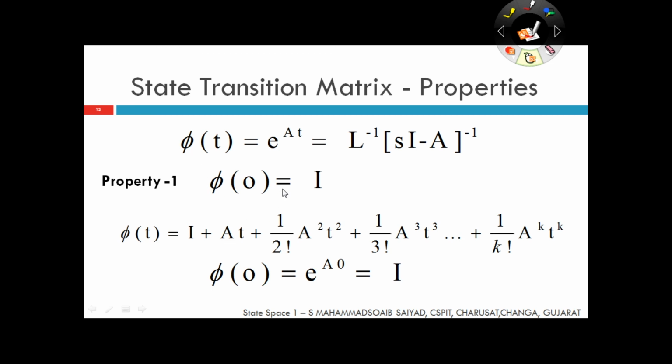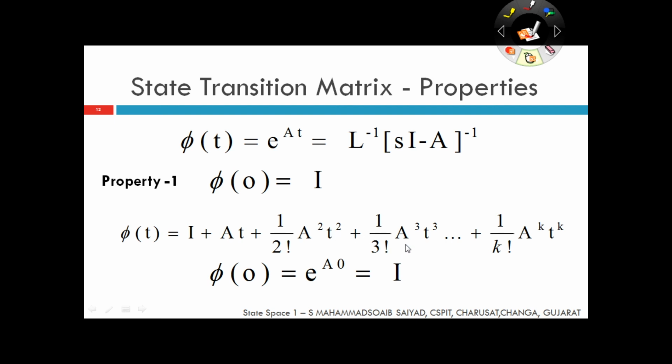Okay, these are the several properties of the state transition matrix. So you just quickly go through this slide, and we'll be having a derivation of all the properties. So property number 1 is phi of 0 is equal to I. So this is our main equation, phi of t is equal to e raised to at, and it is nothing but the Laplace inverse of s I minus A inverse. And the second equation is phi of t is equal to I plus A t plus